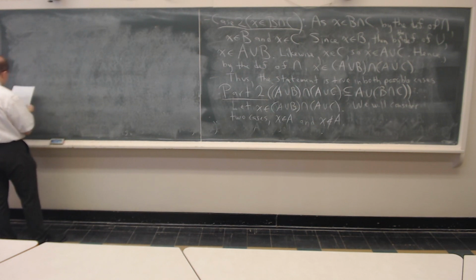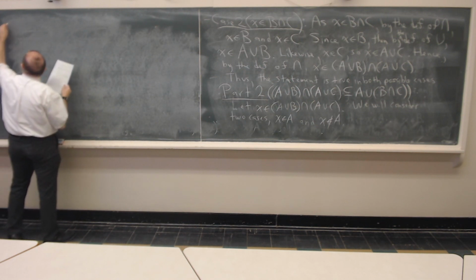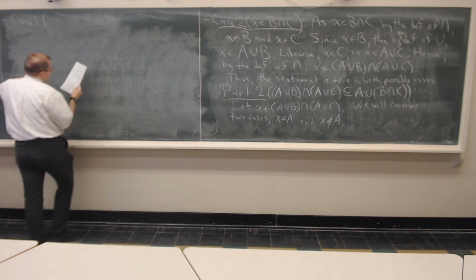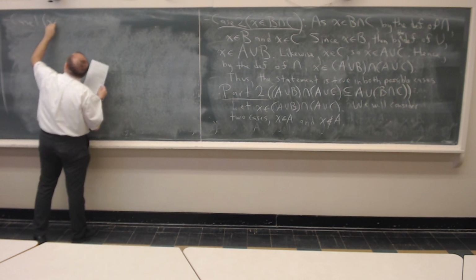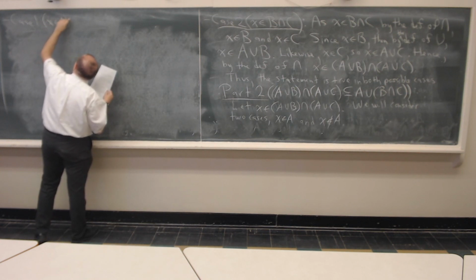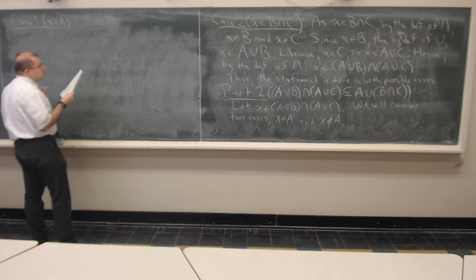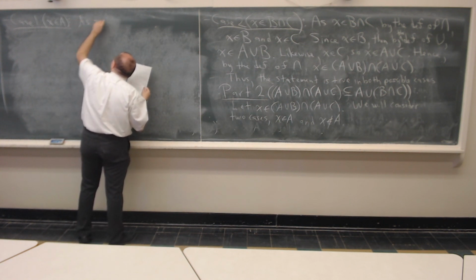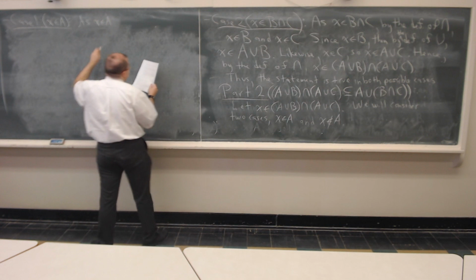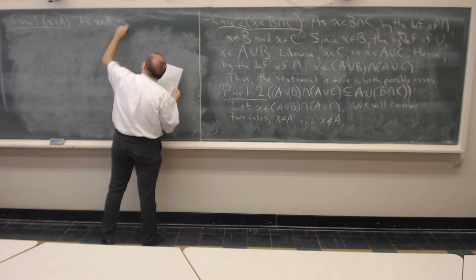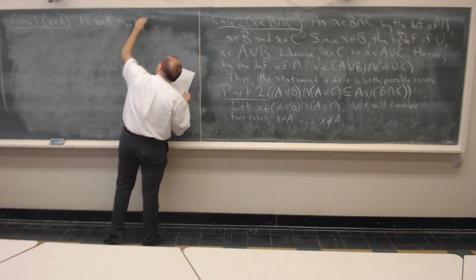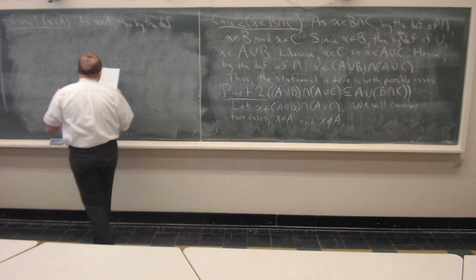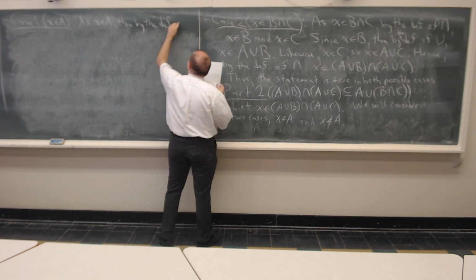So here we go. I'm going to consider two cases again. Case 1, when X is in A. I chose this because I thought it'd make one of these cases really easy. Well, this is the great thing. As X is in A, then by the definition of union,